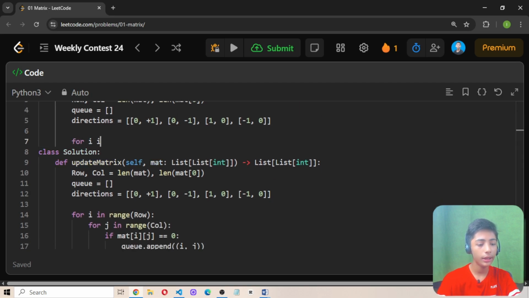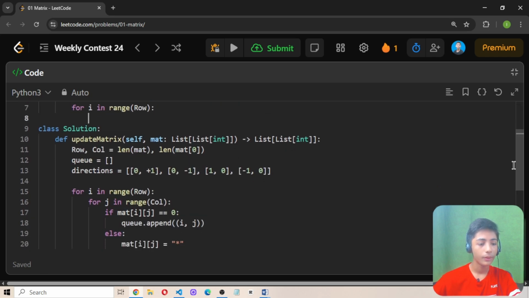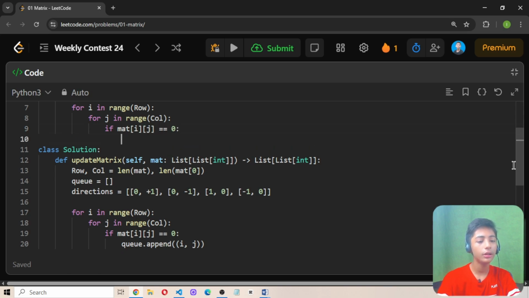I define i in range, and in the range we write row, our row variable. Now define one more for loop. So we are defining a nested loop, if you see here, because we are defining a loop inside a loop, so it is called a nested loop. Okay, so for j in range, in which I am defining col, colon, enter. So here I define an if statement. In the if statement I define mat[i][j] equals 0, then colon, then q